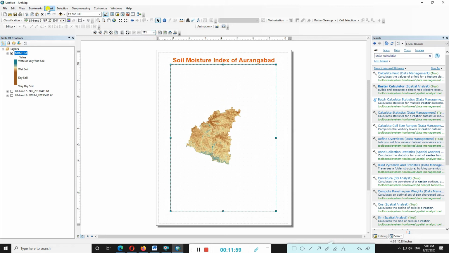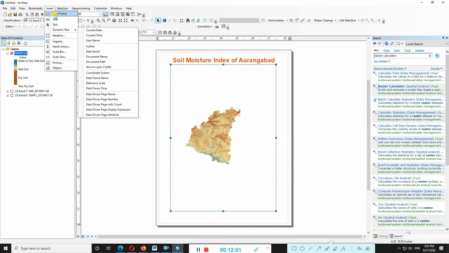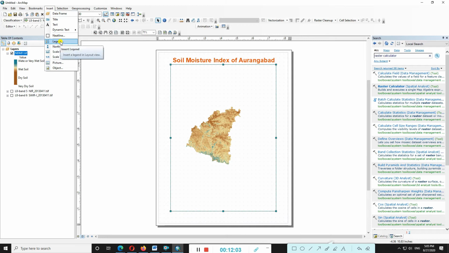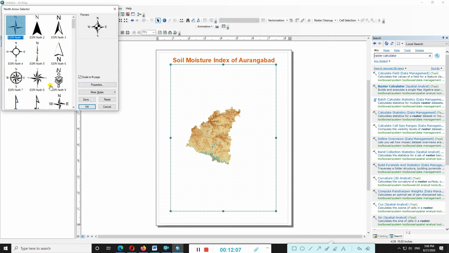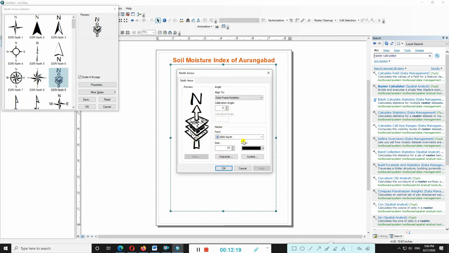Now I want to add some different navigation systems. Just click on the insert button. You can look here the north arrow. Just click on that. As your choice you can add. I am adding this one. Go to that property. I want to change the color.